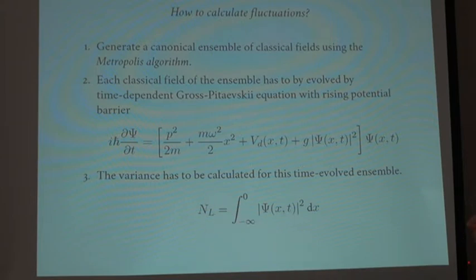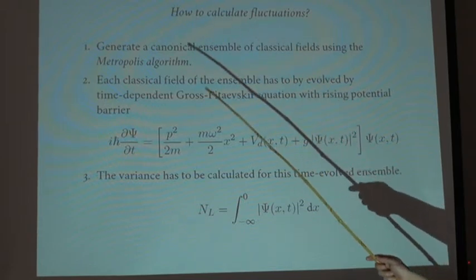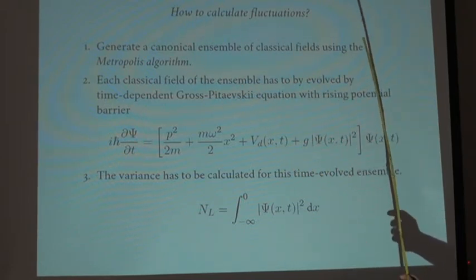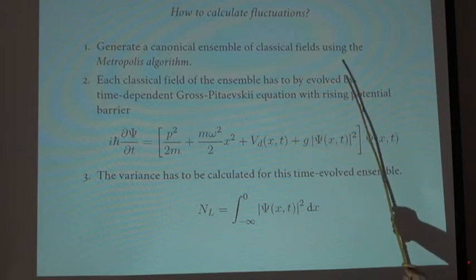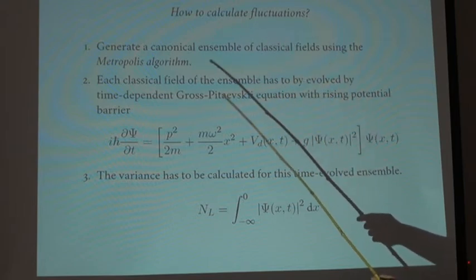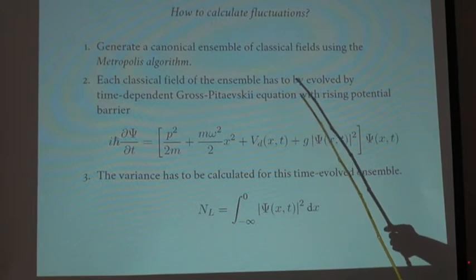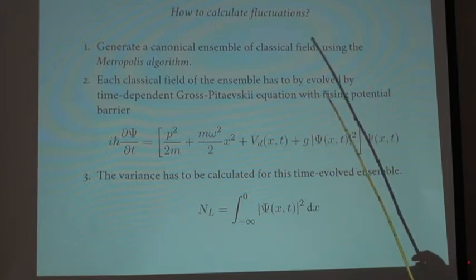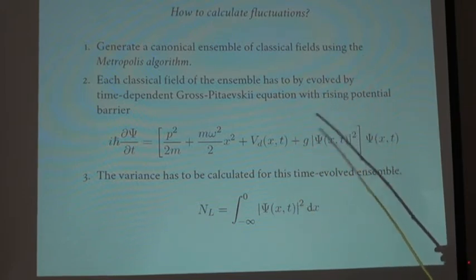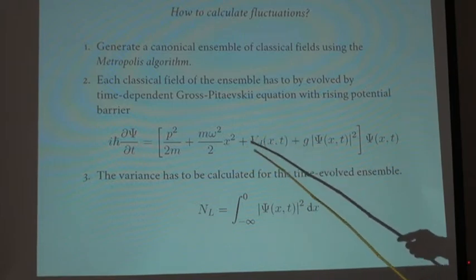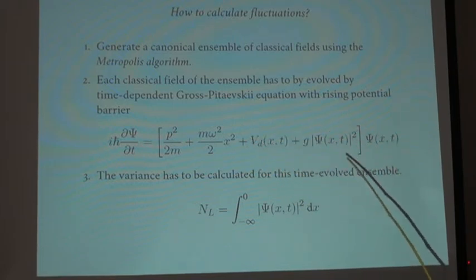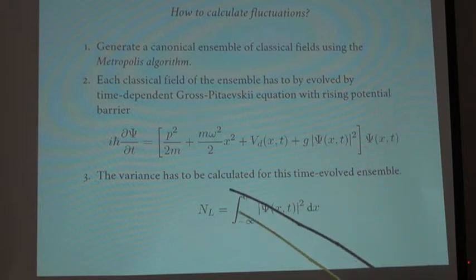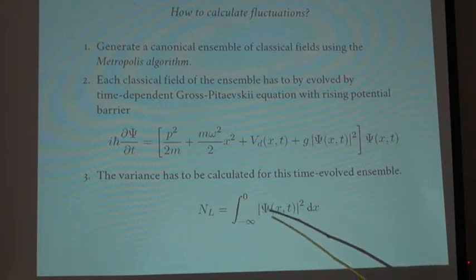So we can go back to our question: how to calculate the variance for an interacting gas. At first we have to construct the canonical ensemble using the Metropolis algorithm. Then we have to evolve each of these classical fields by the time-dependent Gross-Pitaevskii equation with a rising potential barrier, here, and the interacting term is here. And at the end we have to calculate the atom number difference, so we have to calculate integrals like this,